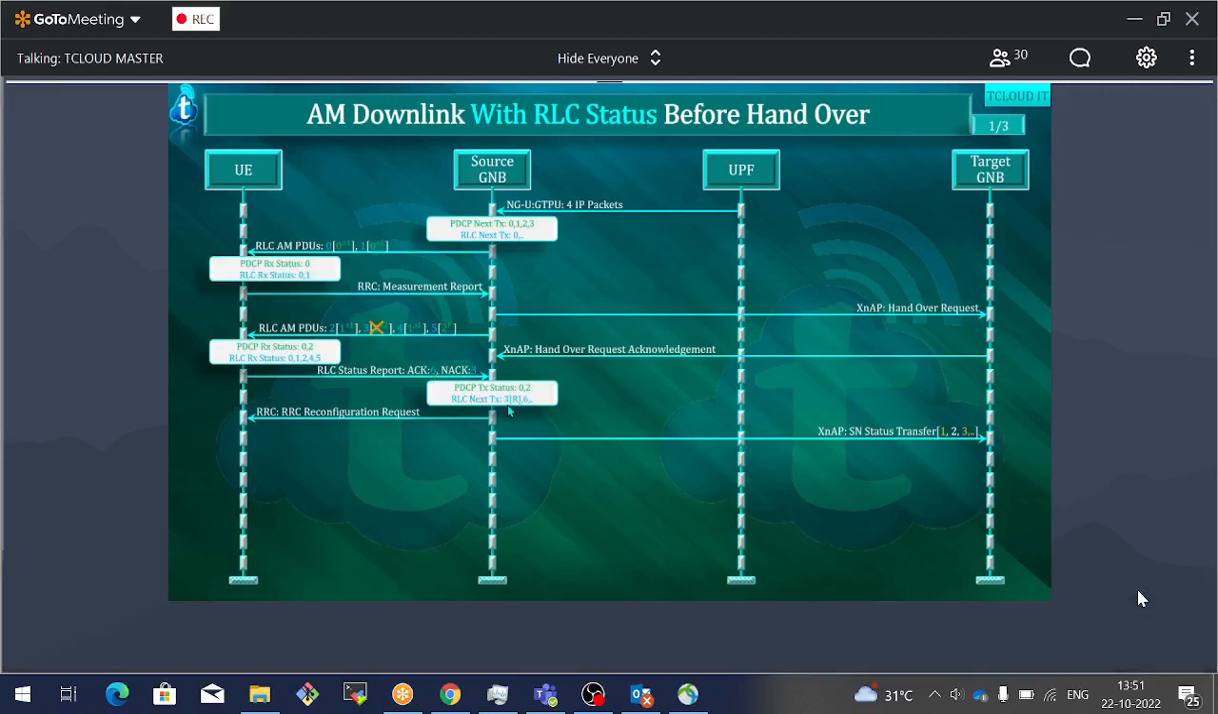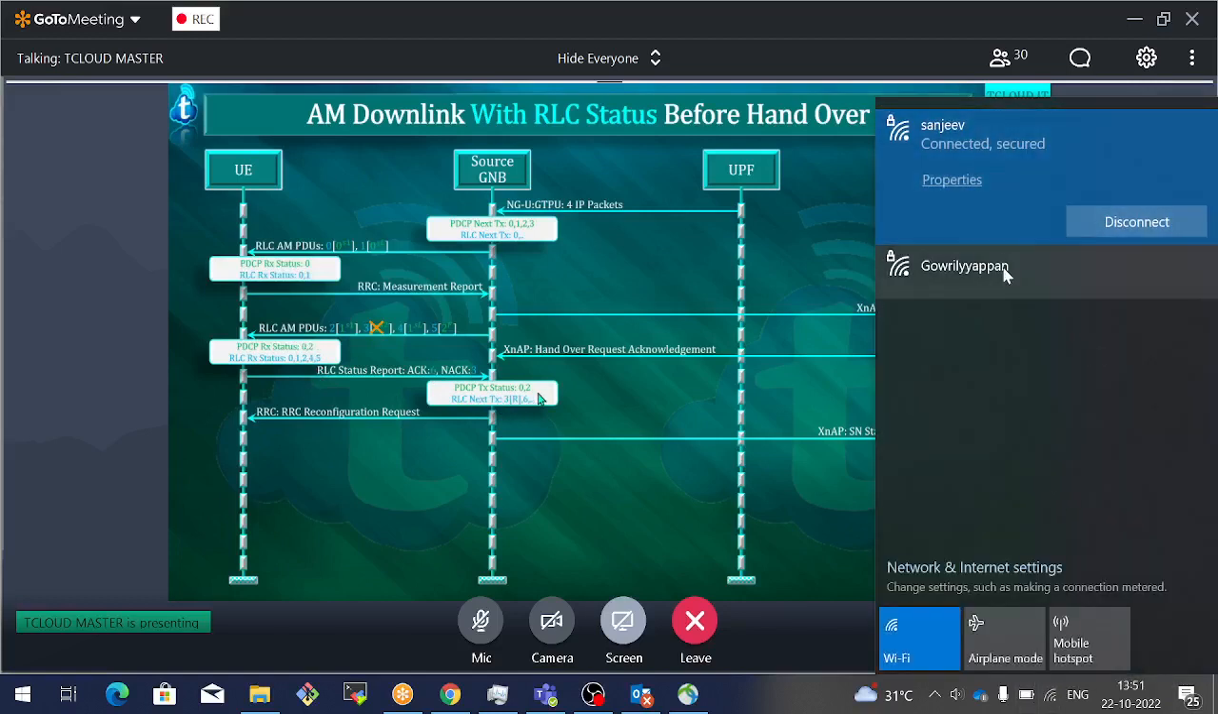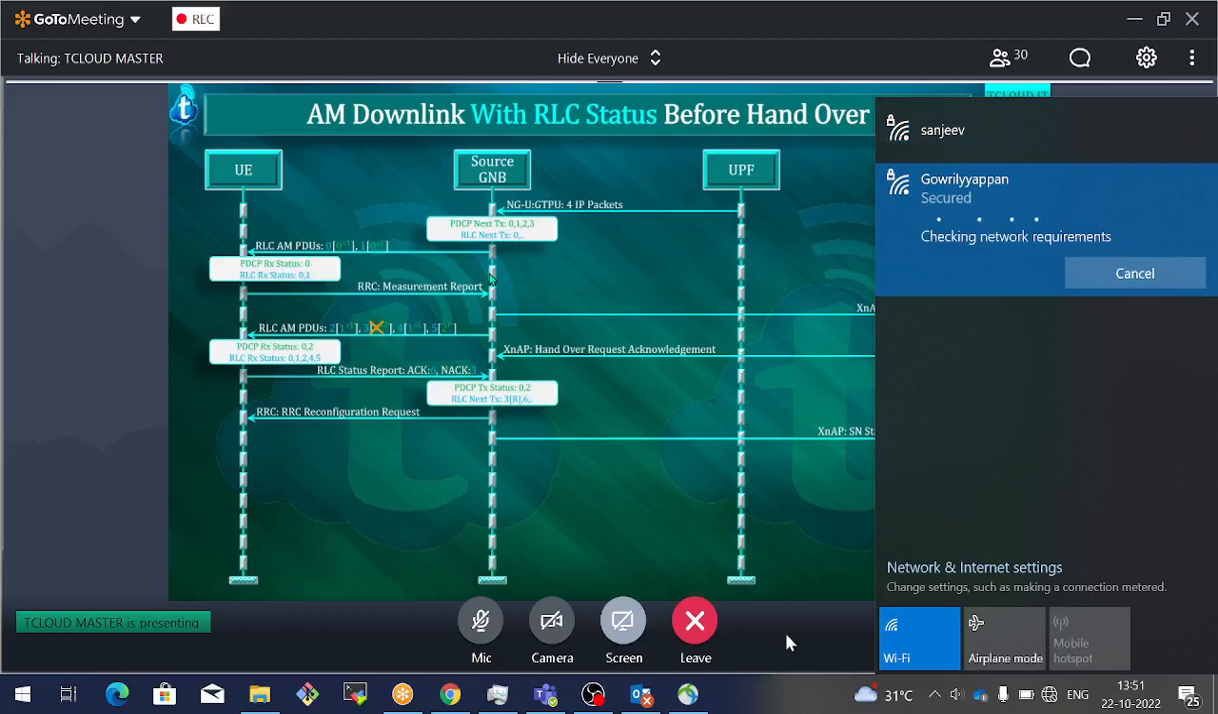I kind of know that based on the status report. Mobile would be able to reconstruct 2, not an issue. 3, I never